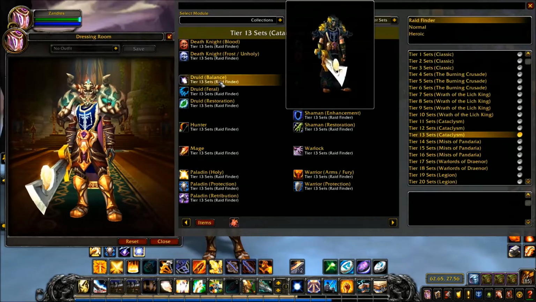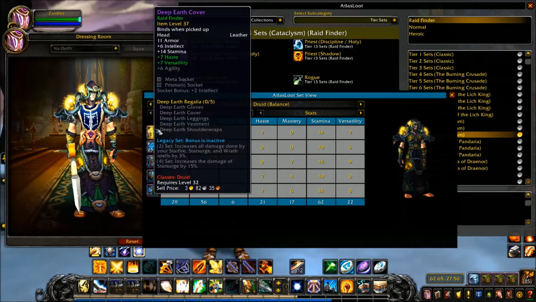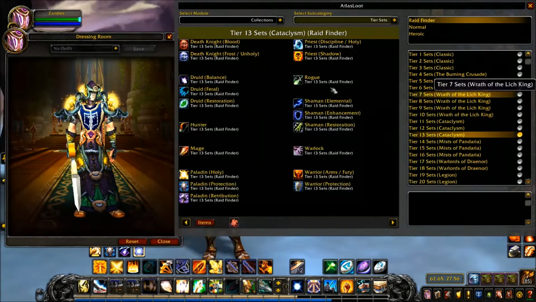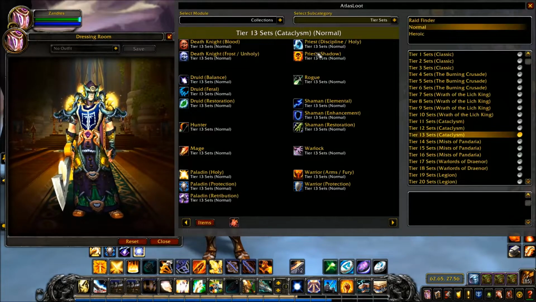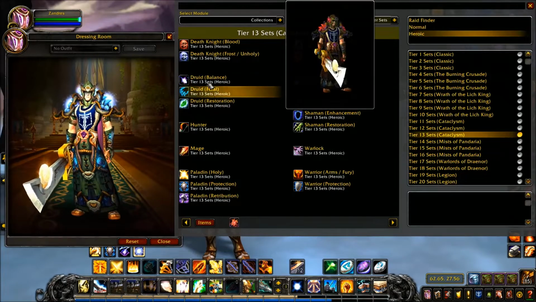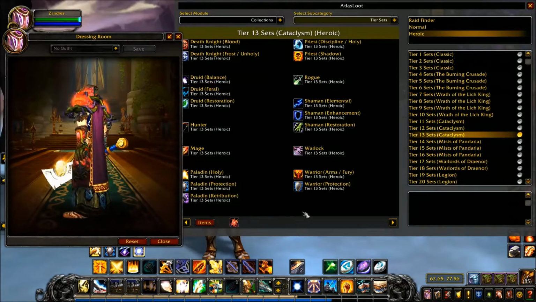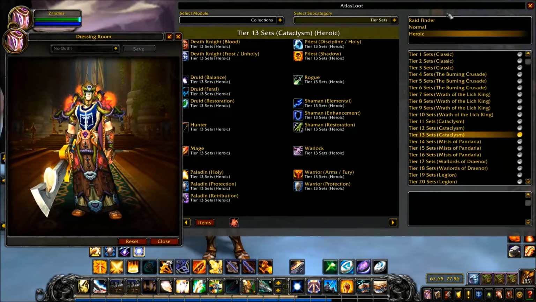The Druid set for Tier 13 is called the Deep Earth Regalia. On Raid Finder, it is yellow. On normal, it is blue. And on heroic, it is red. So that is the Deep Earth Regalia for the Druids. For the